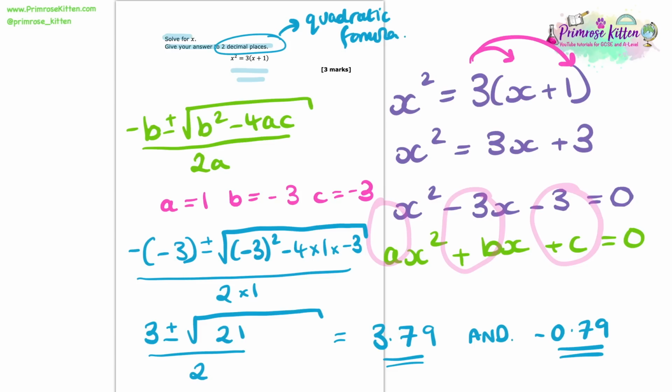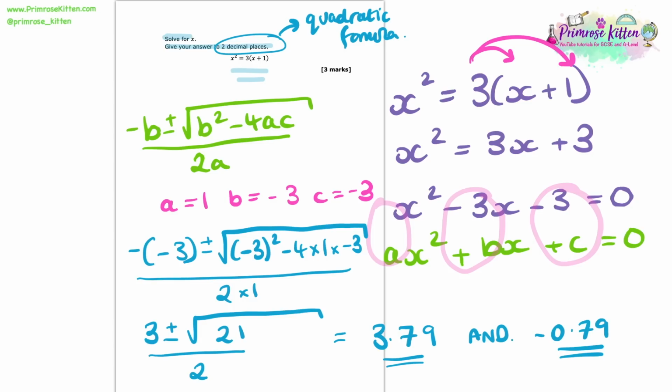We need to have both of these written down to get the marks. It's worthwhile remembering that most of the time, not always, but most of the time we will get two solutions when we have a quadratic equation. So if you only get one, just double check again that you haven't missed one. So that's good. So those are our two answers given to the two decimal places that the question wanted, 3.79